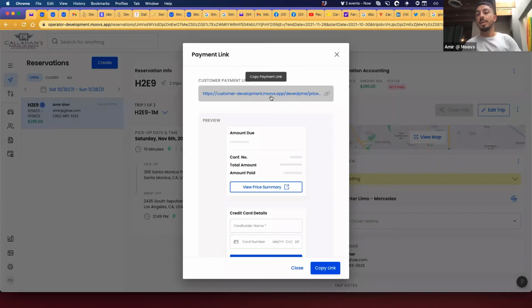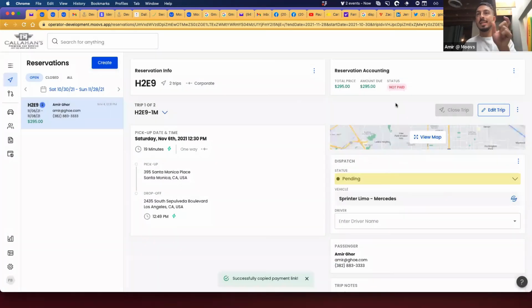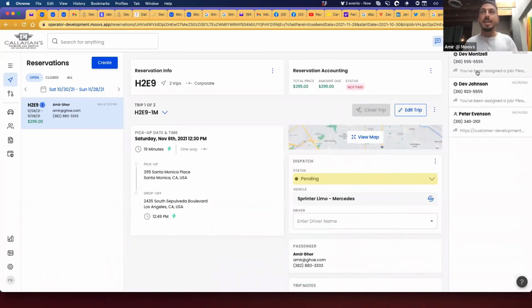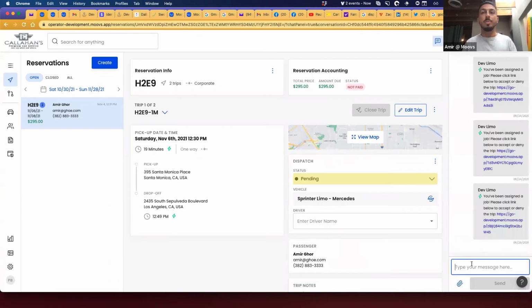The way that this works today is you can use here to copy the payment link or down here to copy the link. And now this link is copied to your device. So let's say you're using a phone, you copy it, and then you can go into the Moovs chat and send this to anyone. So here you can just say, hey, please complete your payment, right? And then you send that link. And then you could also email it in your own email, right? If you have Gmail, Yahoo, Hotmail, whatever you have, you can send that email with the payment link.